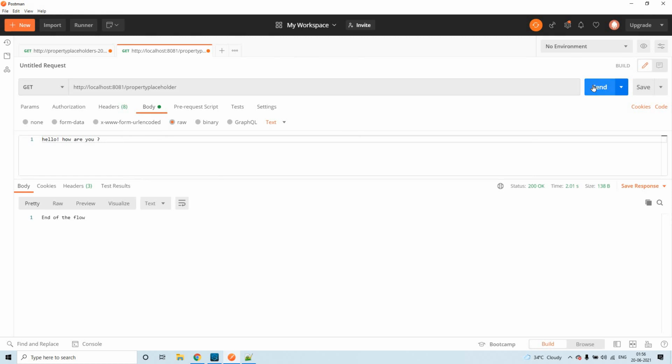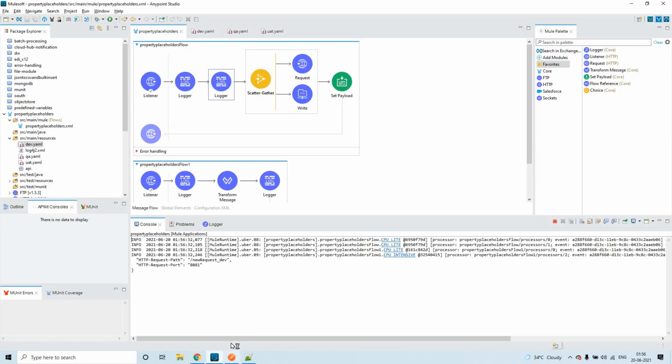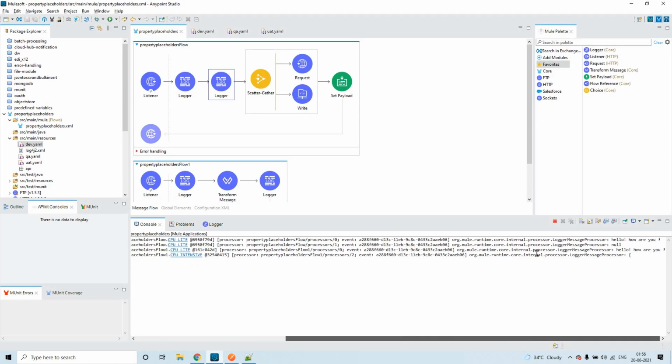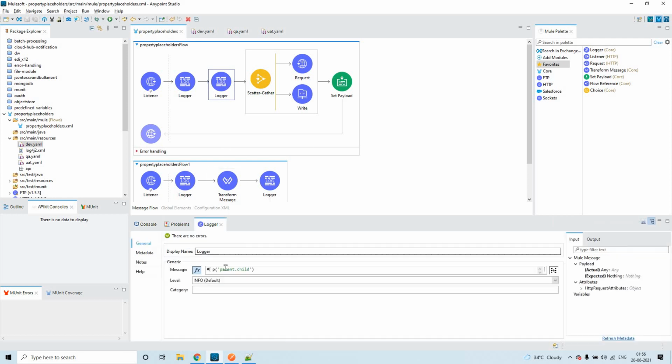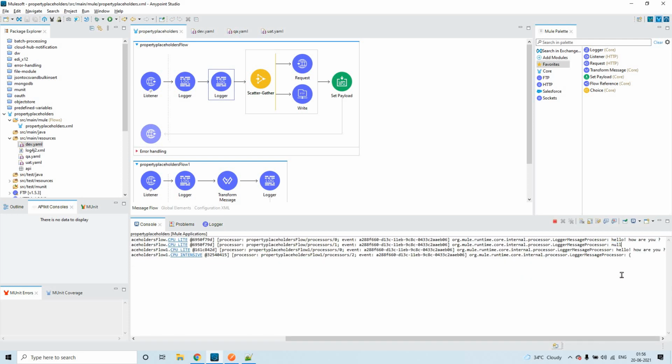Now let us send this request. If you see here, we are printing the payload, and this payload is from the HTTP second flow. In between, this is the logger that is getting executed, and you see here the p convention is there, and see the value is null.